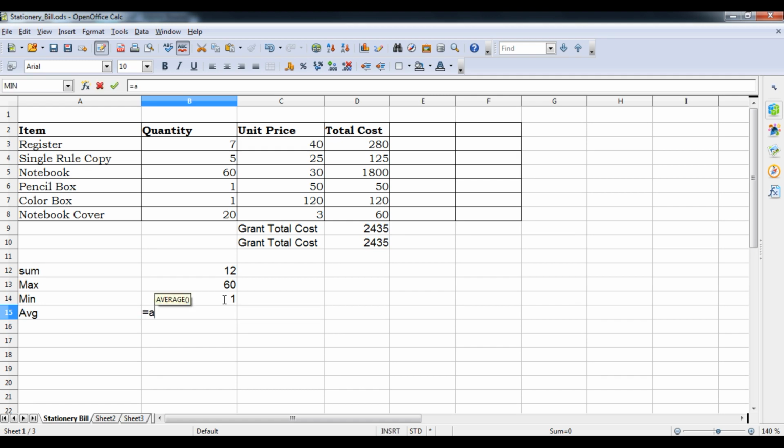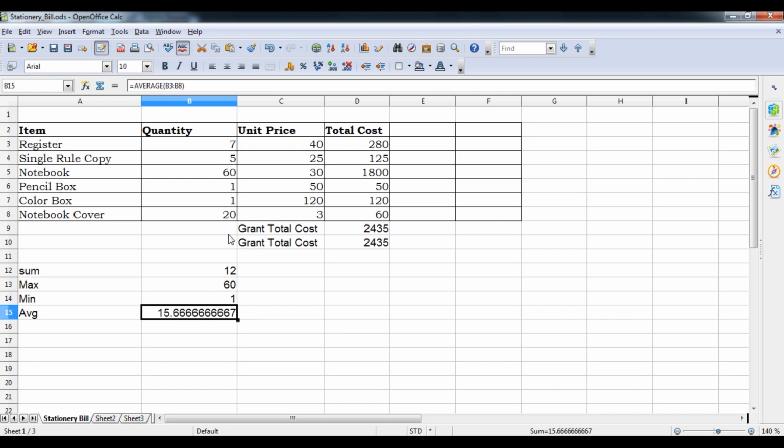Okay, and here average. Within average I will check, okay, what is the average, student? The total number. How is it calculated? First of all, we total all these numbers and divide by what? 1 2 3 4 5 6, divide by 6.